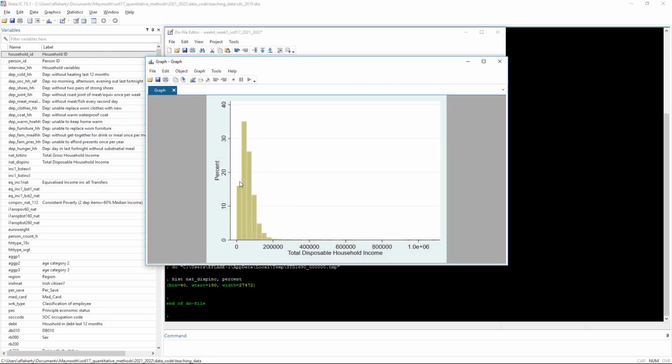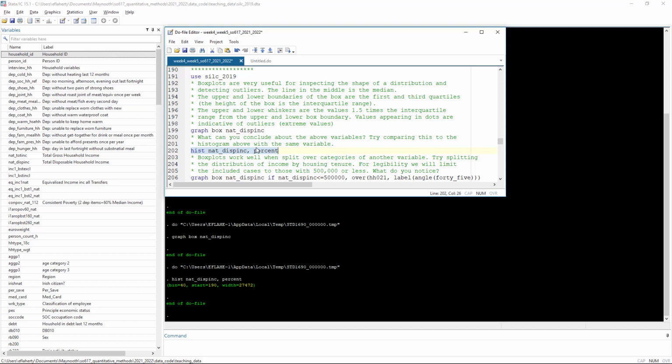And we said that this is sort of typical of the income distribution of a country like Ireland, where incomes are sort of concentrated in the lower range, quite closely clustered around the median. But we have a small number of outliers here, just barely visible because of the way the bins are calibrated. Out here in the tails, a couple of houses with an income above 800 and a couple more with an income above 1 million. Similarly, if we run the box plot,